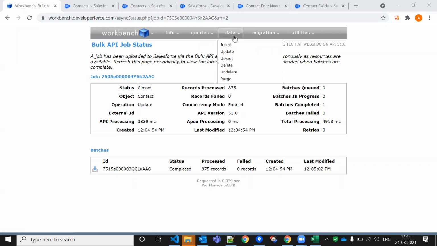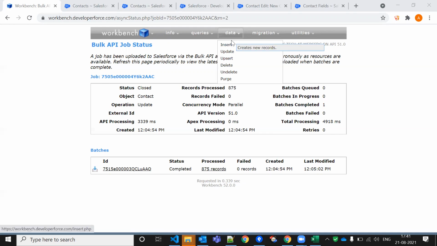Let's say I have three records with the name Amarjit in the contact object. If I want to update on the basis of name, and I am updating the phone number, with the first Amarjit getting one number, the second getting two, and the third getting three, the system will not be able to understand which Amarjit to update with which number. So name is not unique, because names can be duplicated, right? But ID will never be duplicate. It will always be unique.